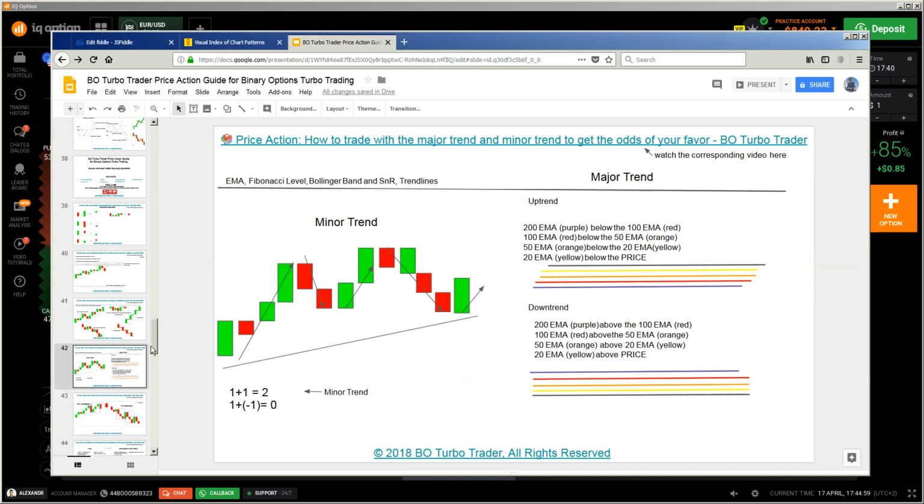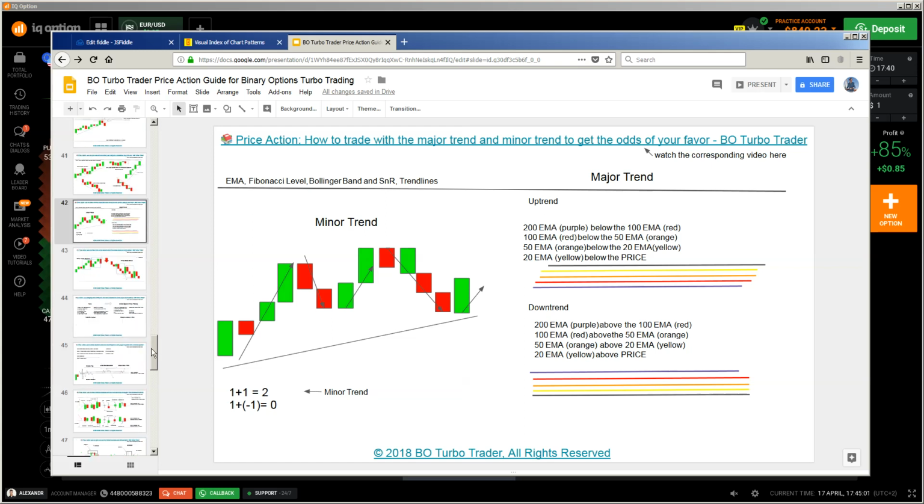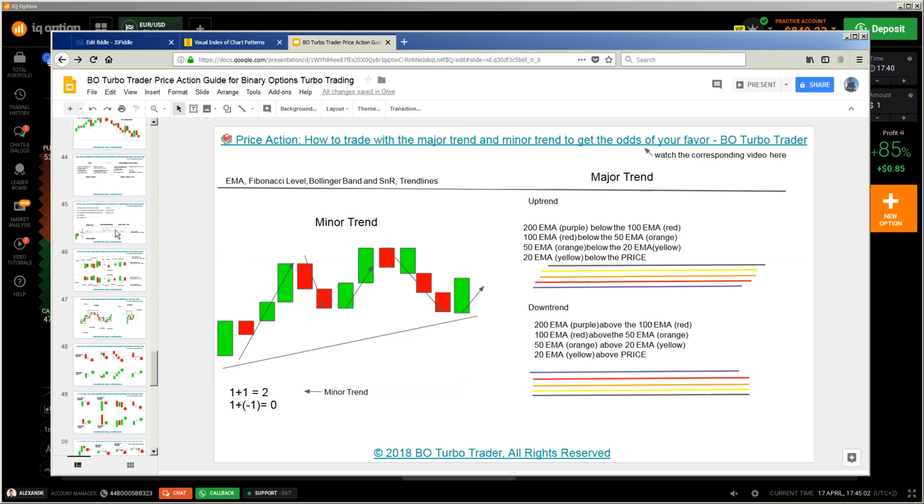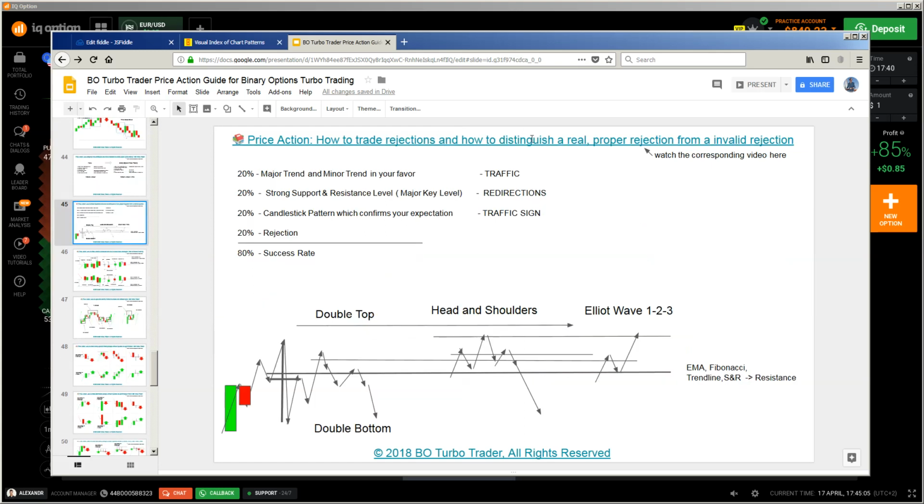I don't want to talk too much about this. You have to get this from the ebook in the upper part, the videos, and watch these videos, because that is the basic stuff which you need to understand everything. And then watch this one here about the rejection and how to distinguish a real, proper rejection, because here I have explained why a rejection is only 20% of the success of a good trading setup,